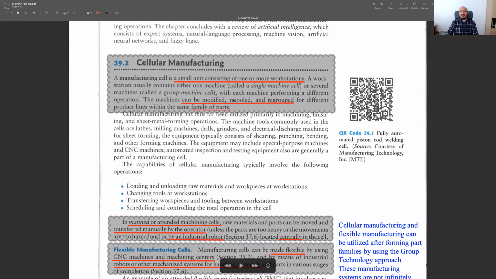Otherwise, we cannot name this cellular manufacturing, since it will be a dedicated system and you can only produce a single product. But if the machines can be modified, retooled, and regrouped, then that means you can change the resulting product. And with the help of these modifications, you can produce parts within the same family. So we are applying a group technology approach in this one,